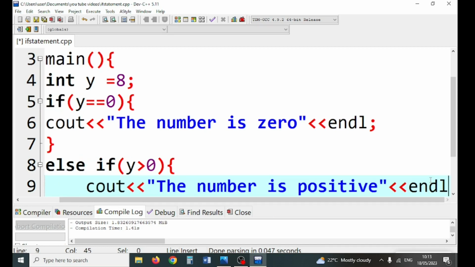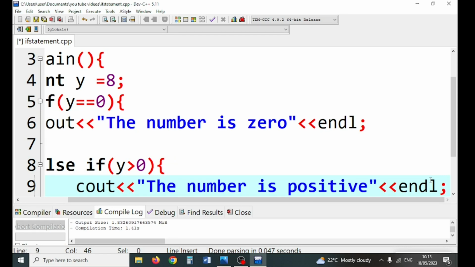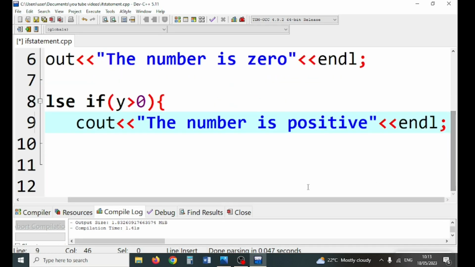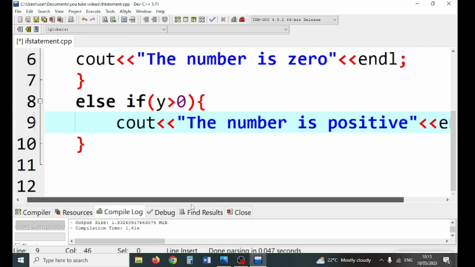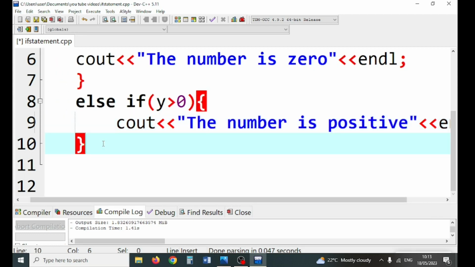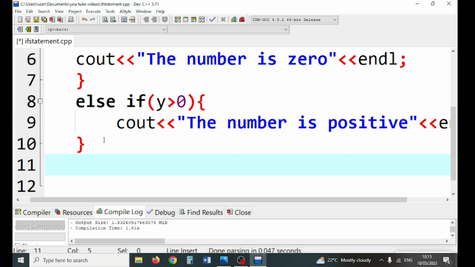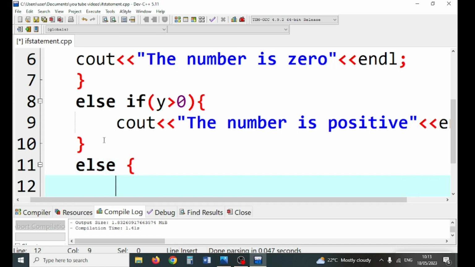So the number is positive. Now, what if the number is not positive? Any number which is not positive must be negative. So we get out of the else block. You see it starts from here up here. That is the scope. Now we say else, we give it a block. cout